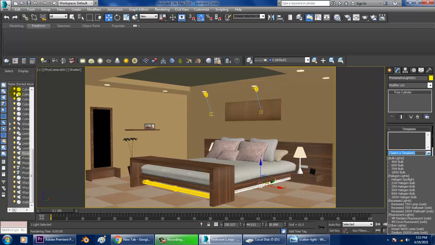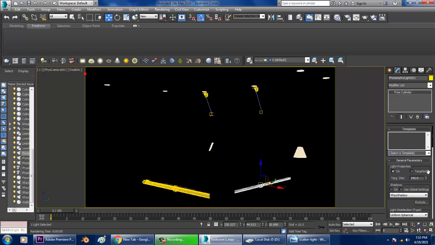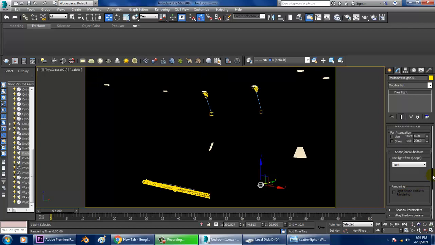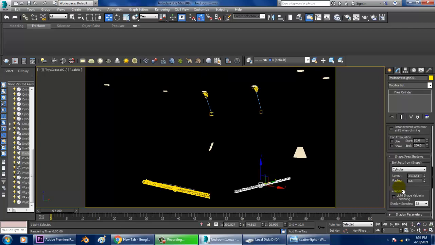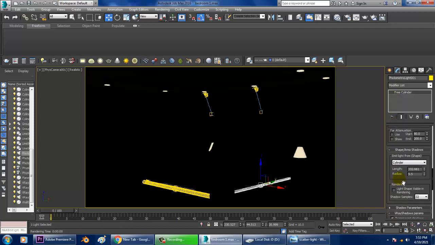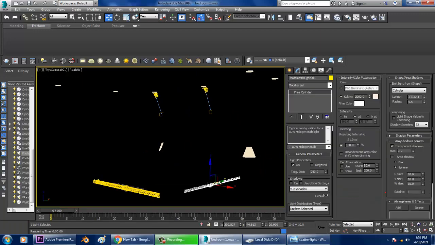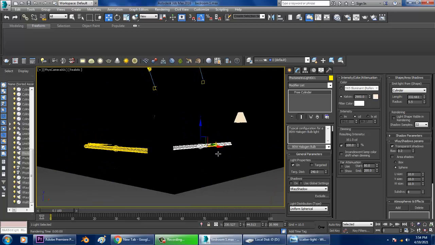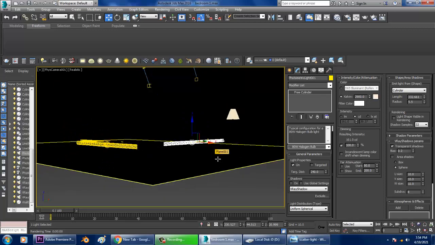If you want, we can set up any of the templates. Also, you can just select this into this. You have the intensity of particular light.